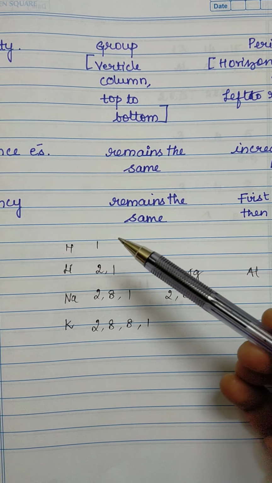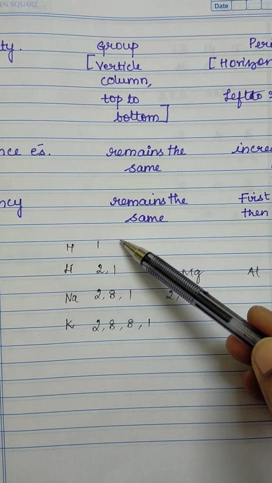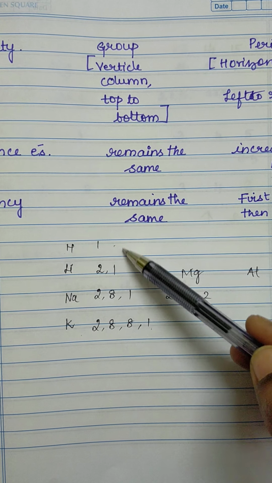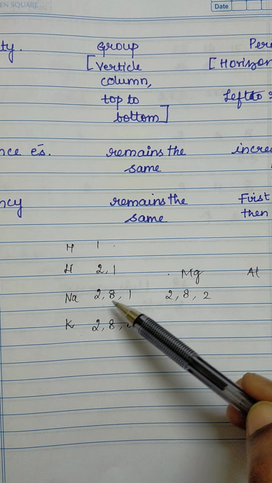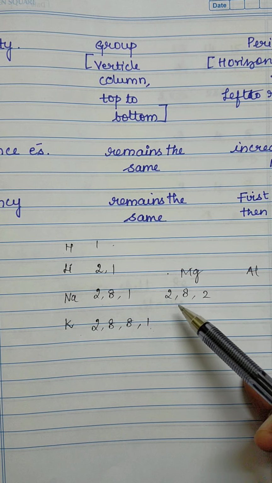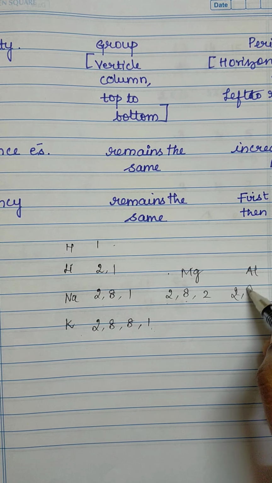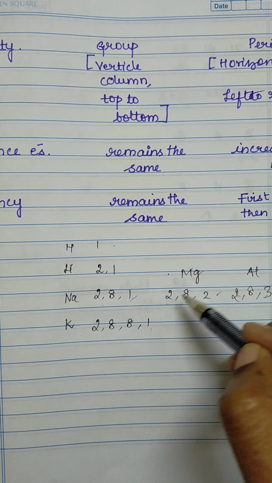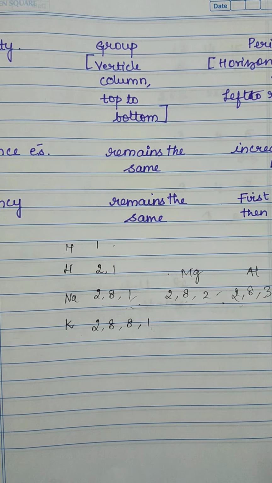So you can have an overview look here. Hydrogen is 1; lithium, sodium, potassium all belong to the same group. The valence electron is the same, 1, so the valency is also the same, 1. Now if you move across the period, first one is sodium, the second element in the third period is magnesium, 2,8,2, then aluminium 2,8,3. If you check, the valence electron keeps on increasing, and the valency also first increases and then decreases to 0.